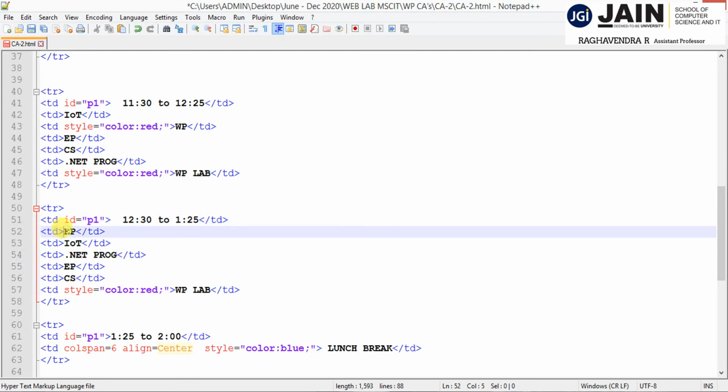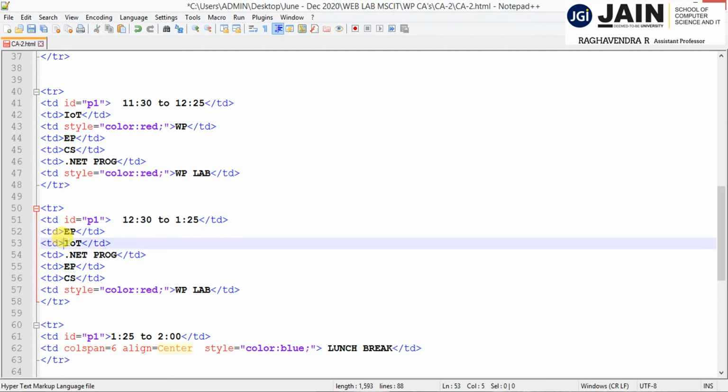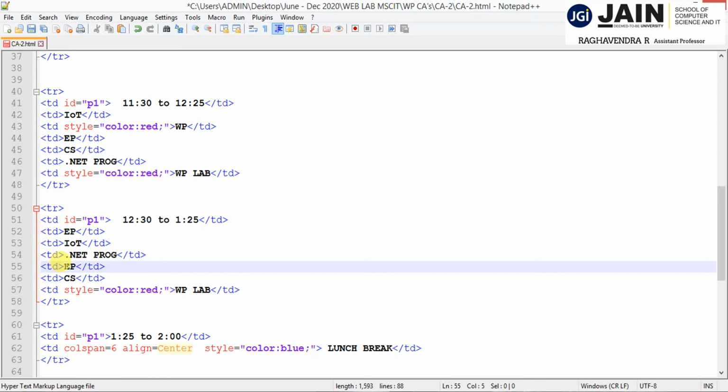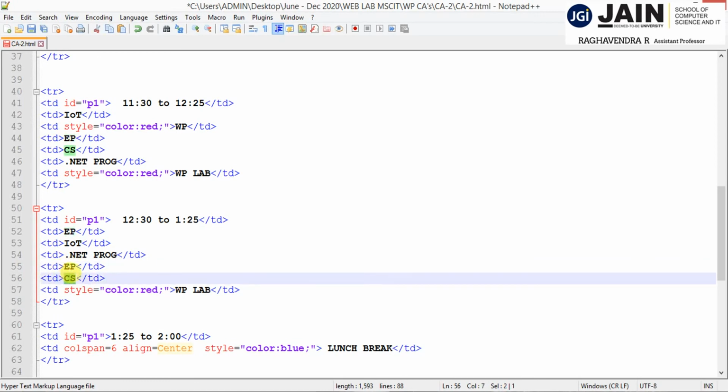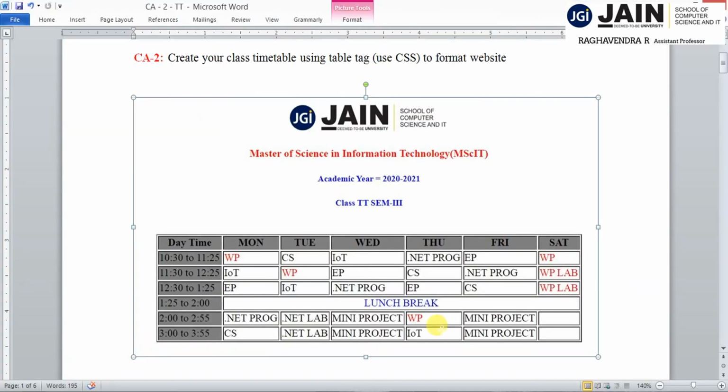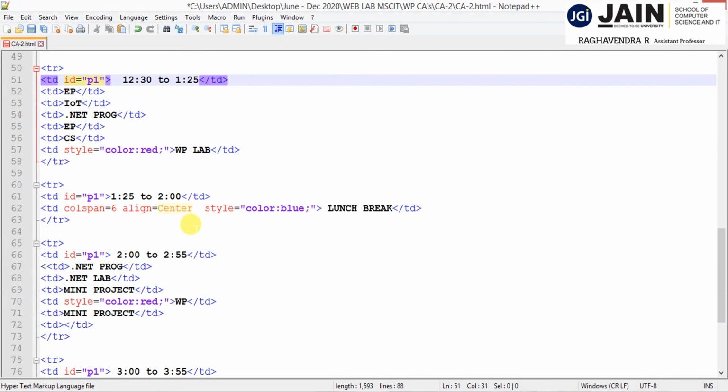Monday third hour is entrepreneurship, Tuesday third hour is IoT, Wednesday third hour is .NET programming, Thursday third hour is entrepreneurship, Friday third hour is CS, cyber security, Saturday third hour is web programming lab. This is how I'm displaying the timetable, and the same way for the rest of the rows.